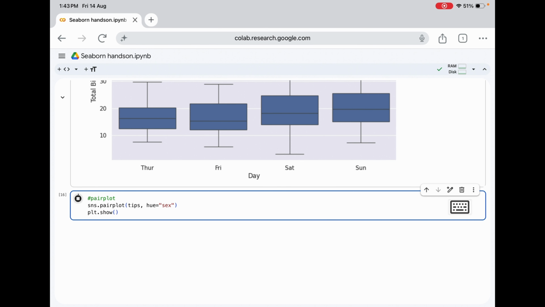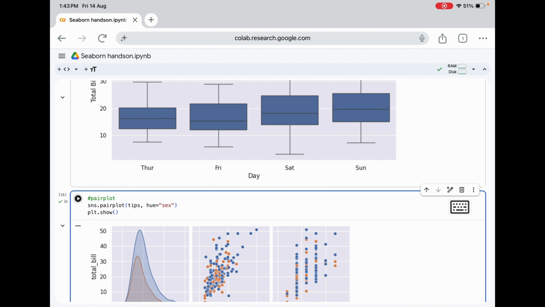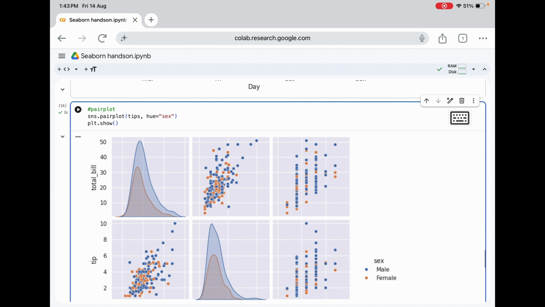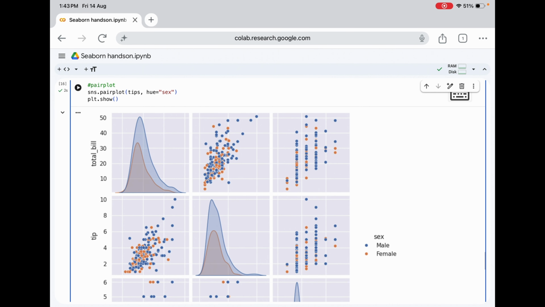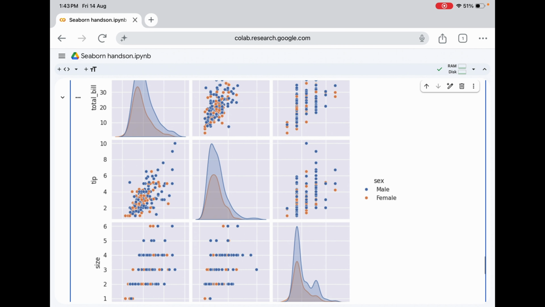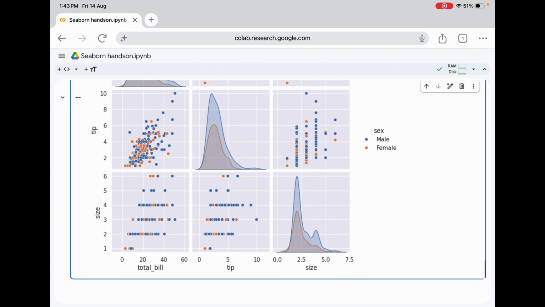So this creates multiple plots automatically. We can see relationships between numerical variables as well as their individual distributions. This makes the pair plot particularly useful during the early exploratory stage of a data science project. You don't necessarily know what relationship you are looking for yet. So instead of starting with a hypothesis, you can first explore the data visually.